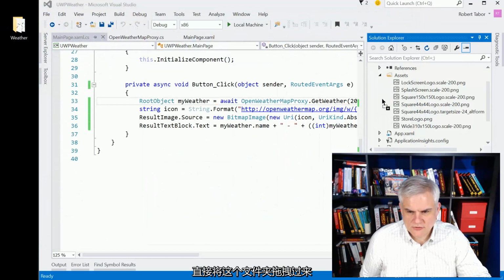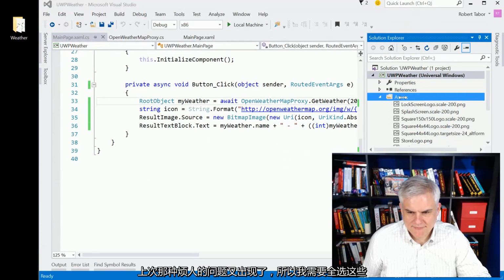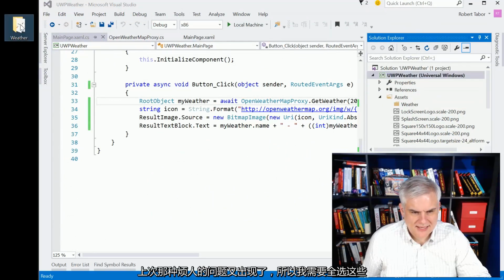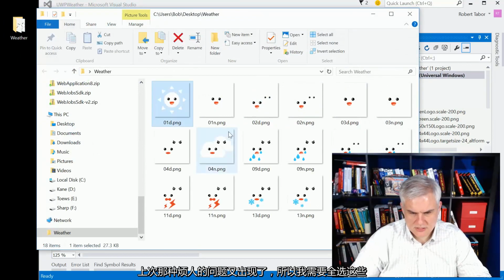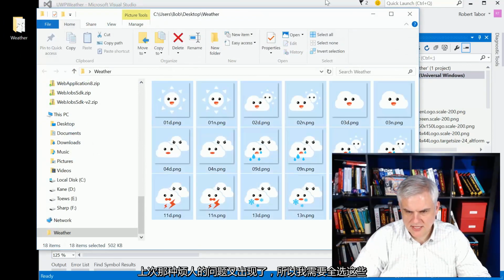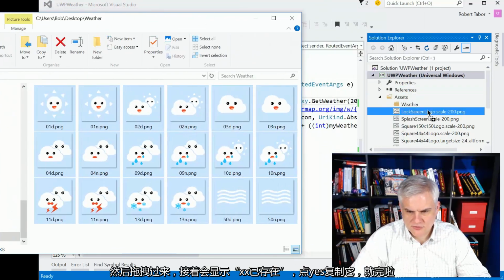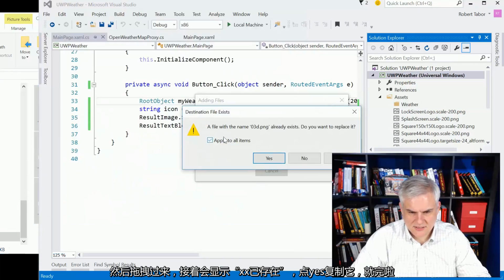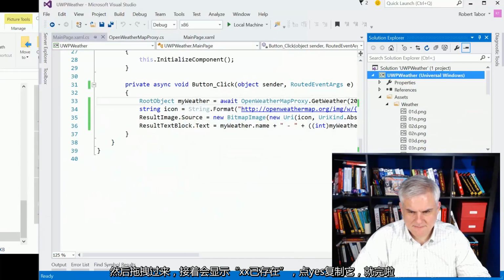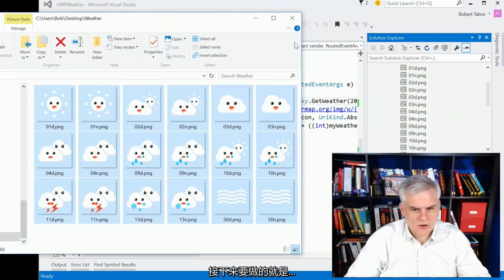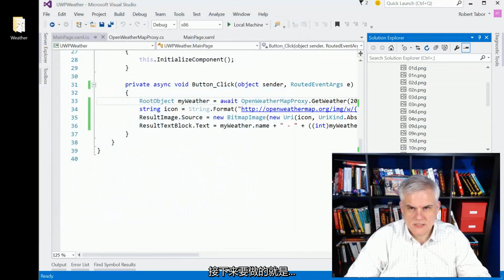So I'm just going to drag the weather folder up. Had that same issue we had last time, that pesky issue. So let's select everything, drag and drop. It's going to say, hey, it's already there. Yes, copy it. Okay, great. So now all I need to do